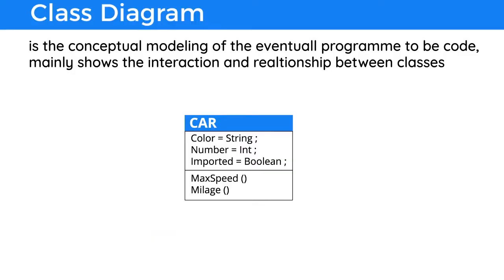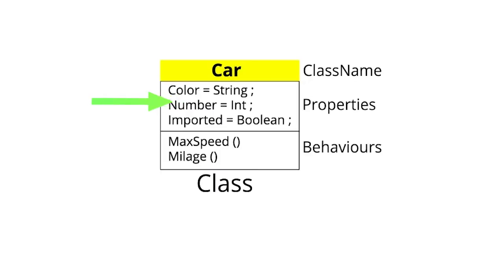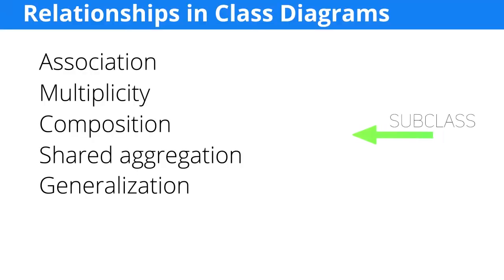Likewise, the class diagram is mainly used for the interaction between the programmers. A big program is rarely made by one programmer, and the class diagram is the best way for interaction on a particular program. A class diagram contains all the properties and methods of a class and how these classes are related to each other. Properties are the identification of any class, and behaviors are the actions performed by that particular class. These are all the relationships of a class diagram which we will discuss in this video.